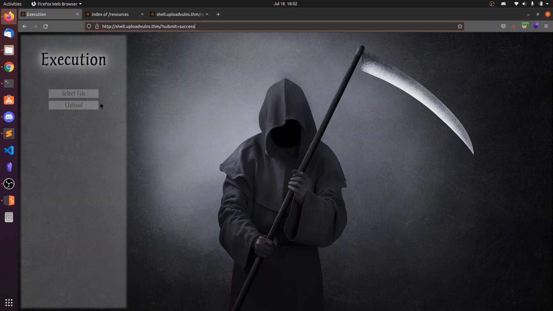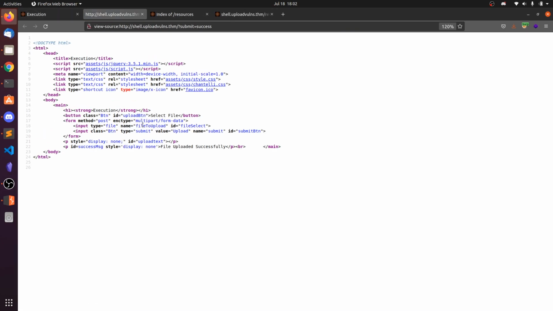I will show you this website: you can see the same input field, the name is file to upload. This input field does not change, the name does not change in the entire room. It's like a single web server hosting multiple applications in multiple subdomains. So it will be very easy.